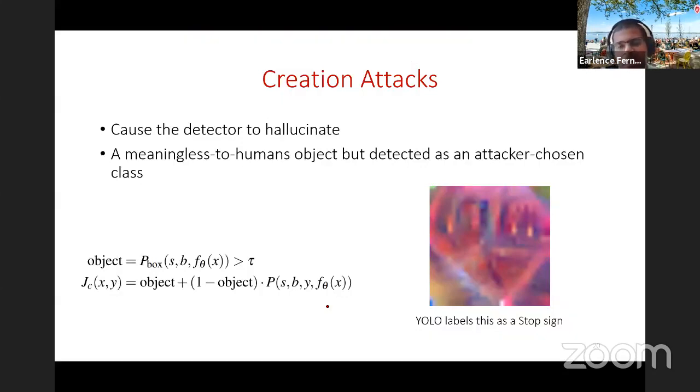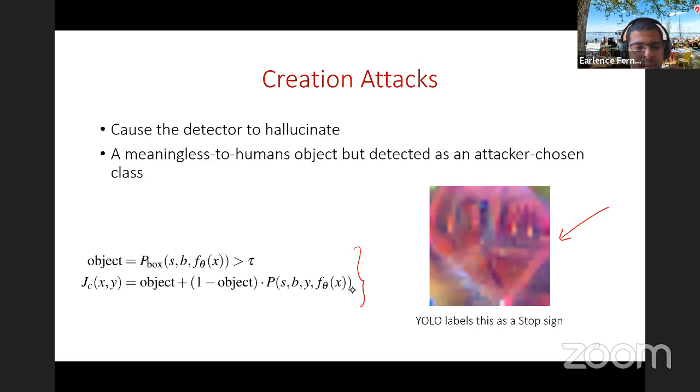Another kind of attack we tried during this work was to create objects out of nothing. We want to cause the detector to hallucinate the presence of objects that humans would disregard as meaningless. For example, this thing I've shown you here, if you print it out on a piece of paper, YOLO would recognize it as a stop sign, when to a human being, at least to me, it looks like a heart of some type. There again, you have to think of a specific